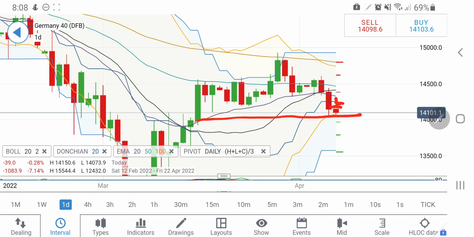So I will not recommend you to go short till towards 14,000, and yes, below that you can expect 13,950, which may provide a stronger support, and it may try to swing in between 13,950 to 14,200. That is also an expectation which it may try to fulfill. So take your positions accordingly.